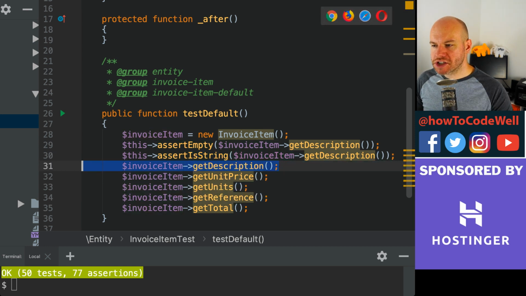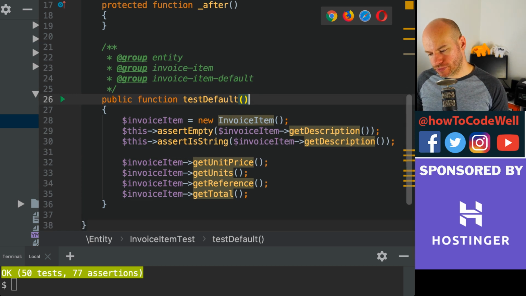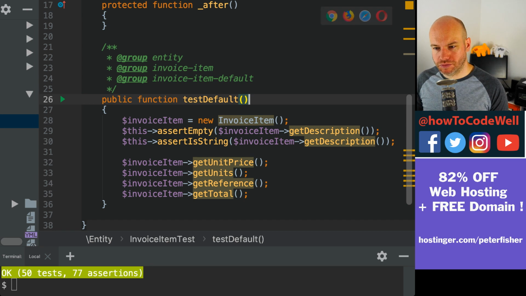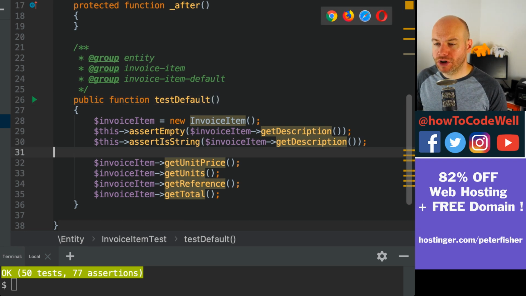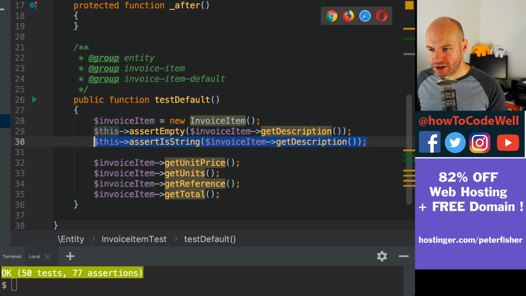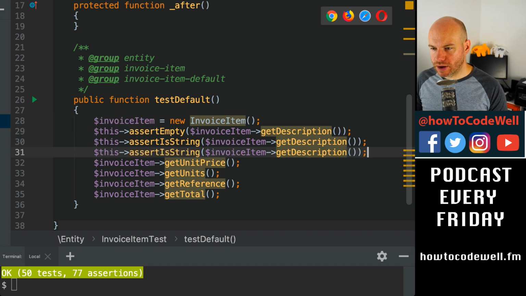The next one is the unit price. Now the unit price, to make it easier, would be an integer, but to be honest, it could be a float. So it could be a decimal place, perhaps. So let's copy that, put that in there. So the invoice unit price is going to be is float,